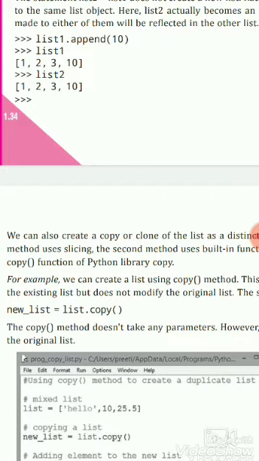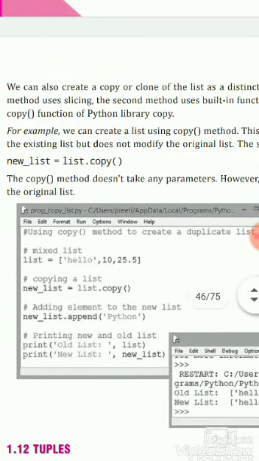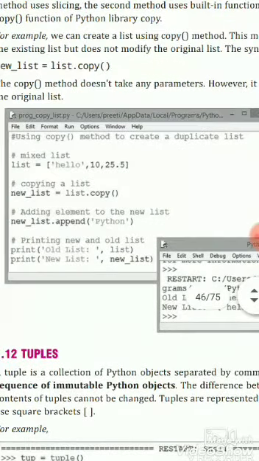The copy method doesn't take any parameters; it returns a list but does not modify the original list. You can see here a list is defined: the first member is "Hello", in quotes because it is a string or a group of characters, then 10 and 25.5, so there are three members.